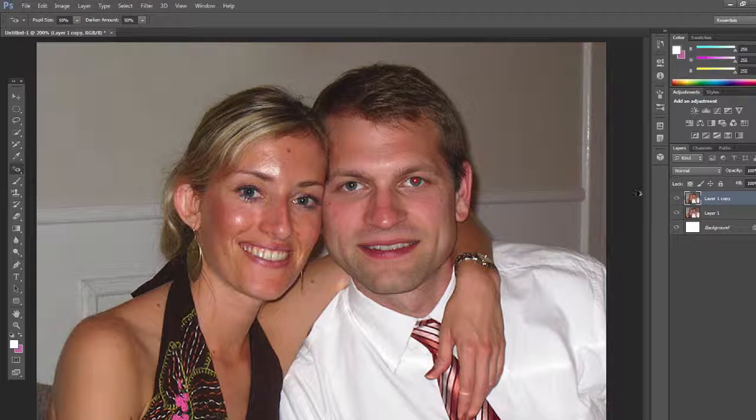If I just press Control Alt Z, or it'd be Command Option Z on the Mac, you can see what this does. If I do pupil size 100%, it's just slightly larger pupil. You can tell there. Also, if you do darken amount, say 100%, it's a lot darker. Alright, it's very subtle. The difference is not that strong, but it is noticeable. So I would say start out at 50% and then see if you need to adjust it